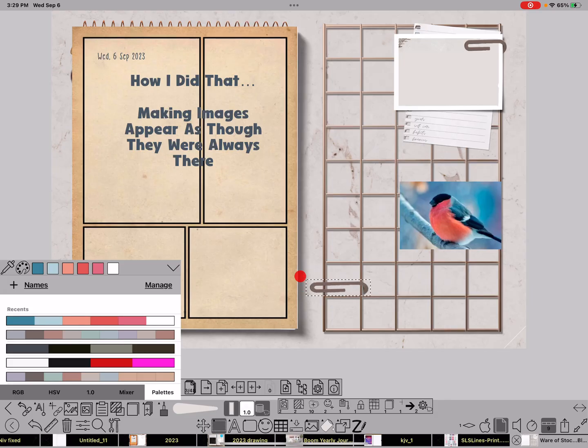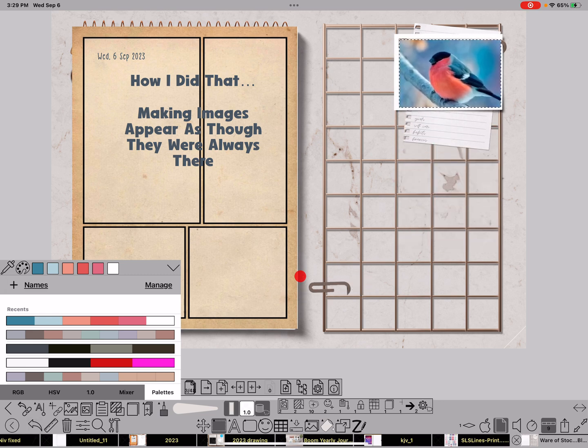Now I've got that paper clip. Oops, undo. I've got that paper clip that I can put on top of the picture, and it looks like it was always there. Okay. Same thing with the